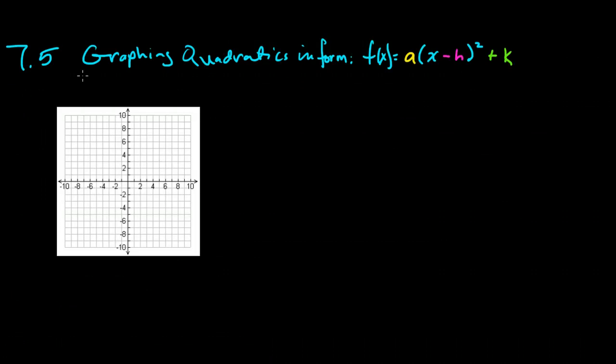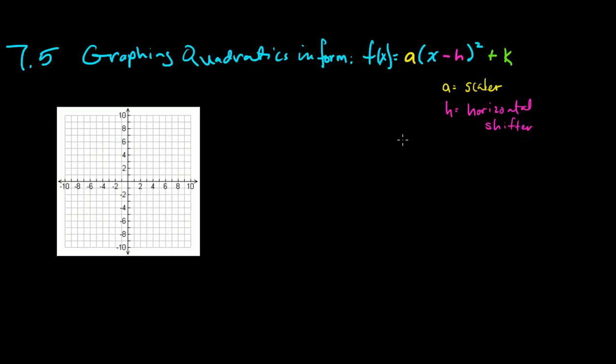In this video we're going to take a look at a couple of examples on how to graph quadratic equations so that we can build this form of the quadratic equation. F of x is a times the quantity x minus h squared plus k, where a, h, and k are very specific values. A we're going to call a scalar, and our scalar is going to tell us precisely how the parabola opens. H is going to be called our horizontal shifter, and by the horizontal shifter we mean how exactly the